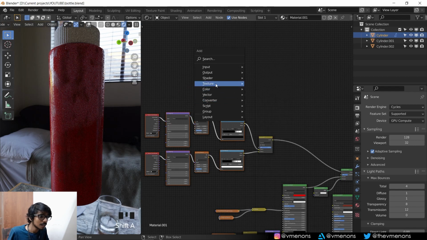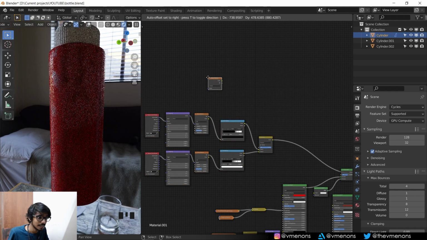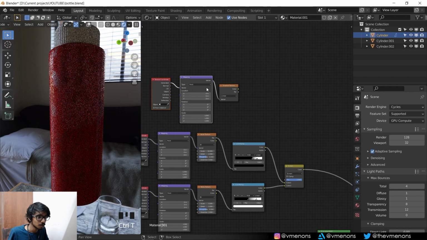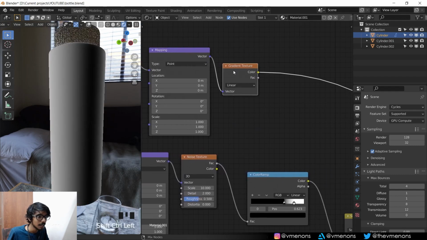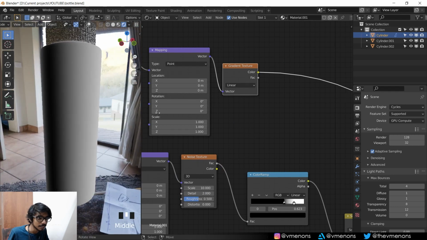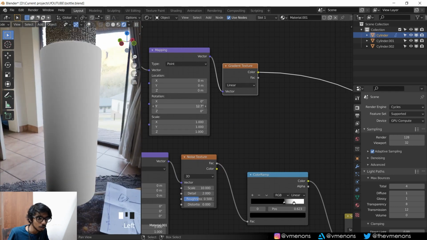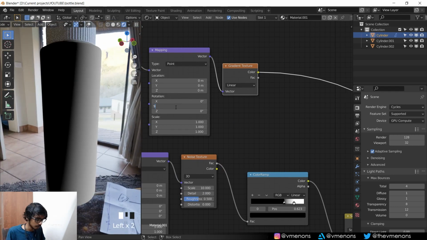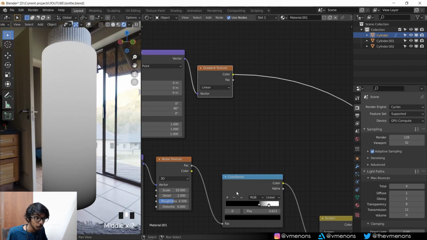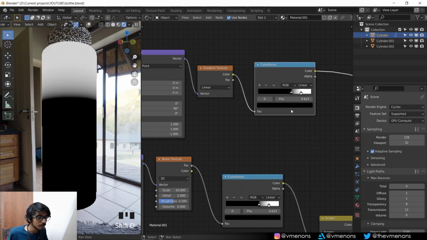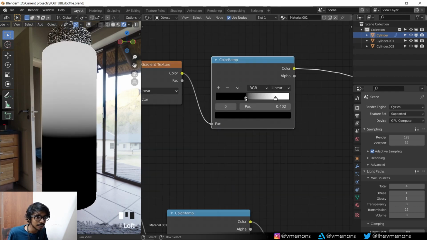So the easiest way is to just add in a gradient texture and Control D to bring up the vector, the mapping and coordinates. And if you preview this right now, it should be like this. But if you rotate this along, let's say the y-axis, let's say 90 degrees, you can see that now you have white at the top and black at the bottom. And you're going to take in your color ramp and put it over here, and now you can see that you can control the